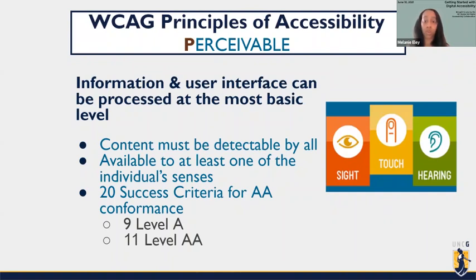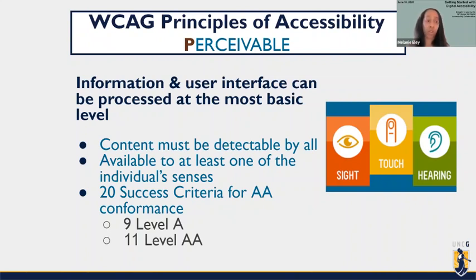And so with perceivable, you're really thinking about presenting your information and your content in multiple ways. Typically, it's going to be sight, touch, hearing. The user needs to be able to access your content with one of the senses. For perceivable, as I mentioned, there are 20 total success criteria that need to be addressed. There are 9 at the single A level,